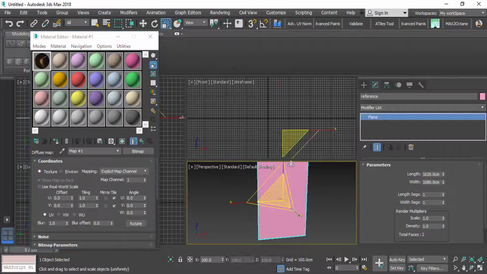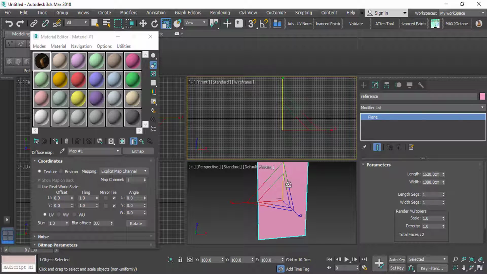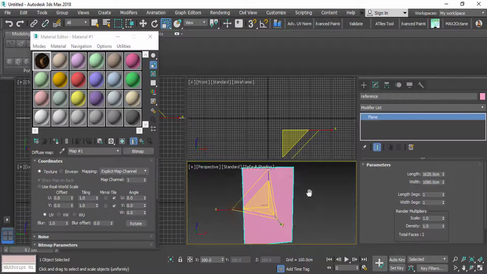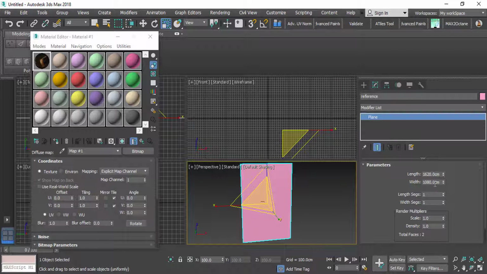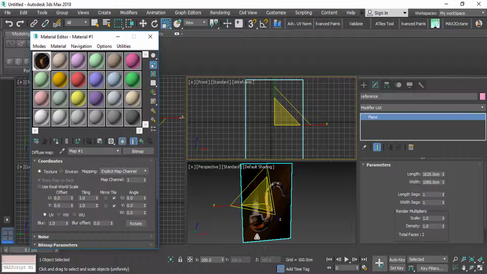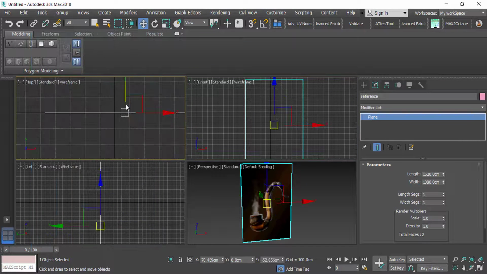And I can scale it. If you see the plane is too big, you can scale it in all directions, because the main thing we needed for setting the size equal to the size of the reference is to set the same aspect ratio as the reference has. Now, I don't want to scale that. I will leave it as it is, and let's load my reference to the reference plane here, as you see, and let's move the reference